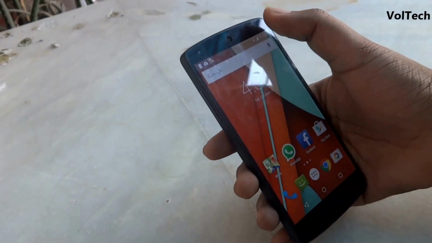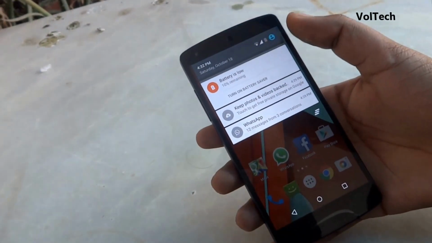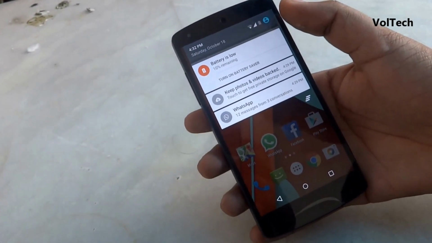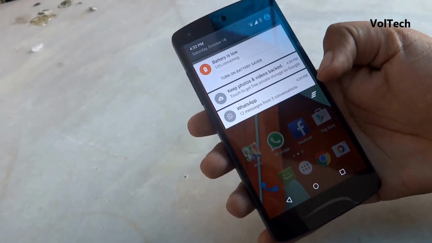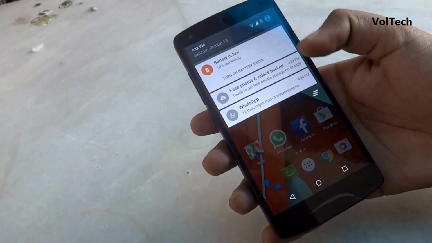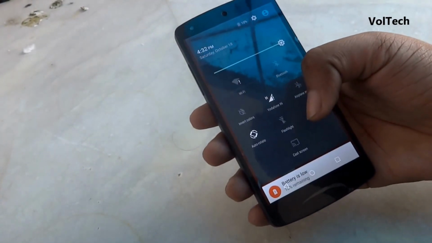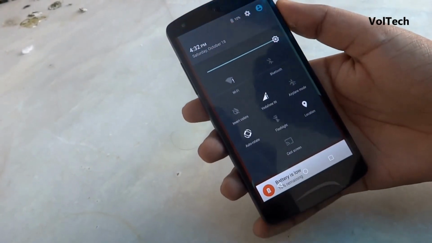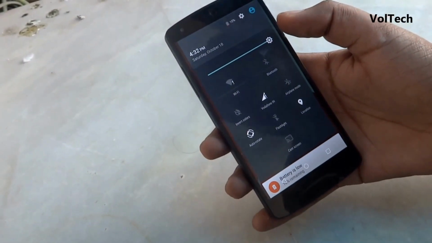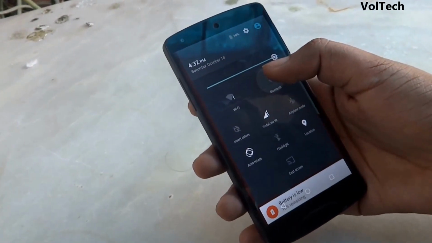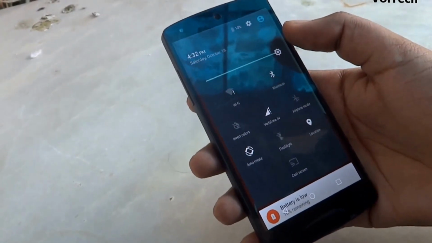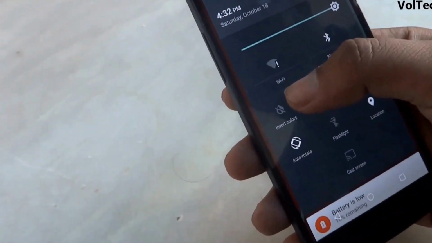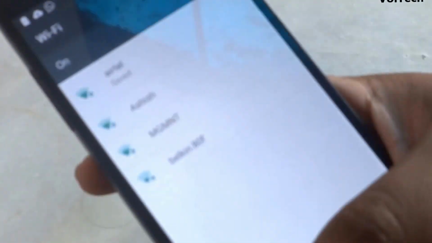Now coming to the notification bar, as you can see, the major change that I have found from the developer preview is that you have got a clear all button now right at the bottom right corner. When you swipe it down again, you will get the toggles. Earlier, when we long pressed, the settings opened, but now that feature is not there. To open the Wi-Fi settings, you need to click on Wi-Fi and it will open settings.